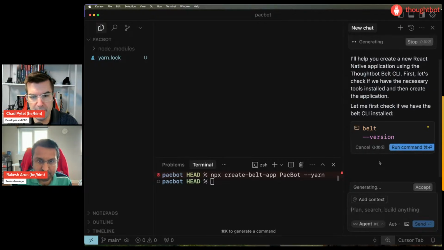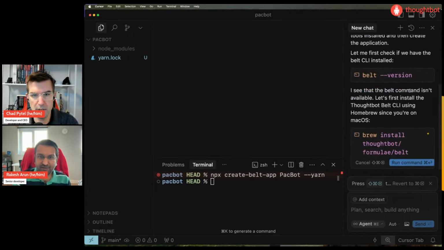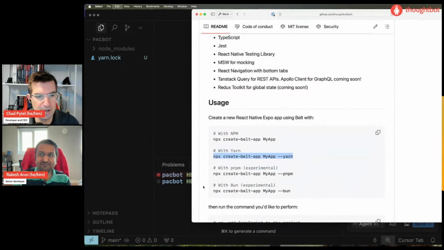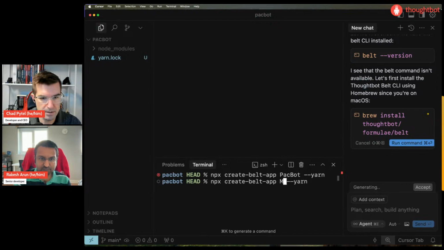I have a theory that by saying CLI, it kind of assumed that the CLI has already been installed. I don't think we have a brew formula. Right, so it's off the wrong track already. So good to know. We'll stop it and we'll just create the